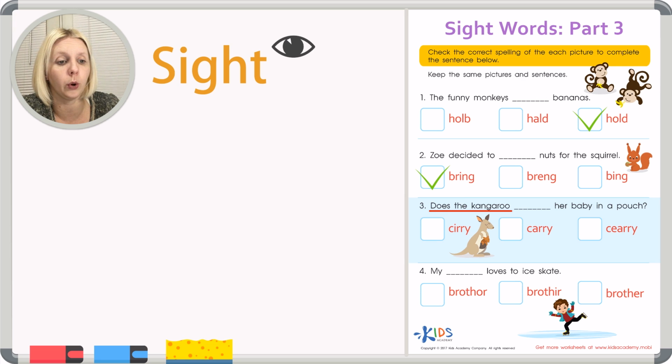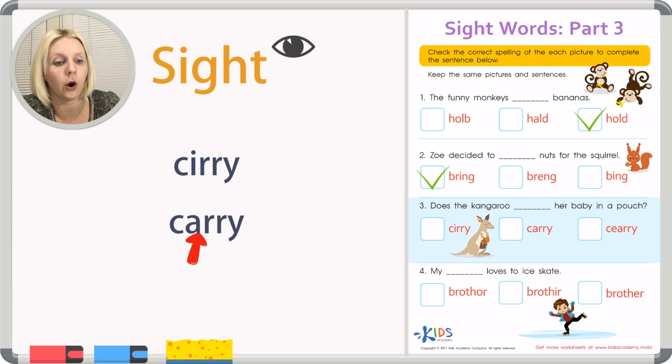Does the kangaroo blank her baby in a pouch? Does the kangaroo carry her baby in a pouch is what we're trying to look for, is carry. So let's write out these 3 ways of spelling carry. We've got C-I-R-R-Y, C-A-R-R-Y, and C-E-A